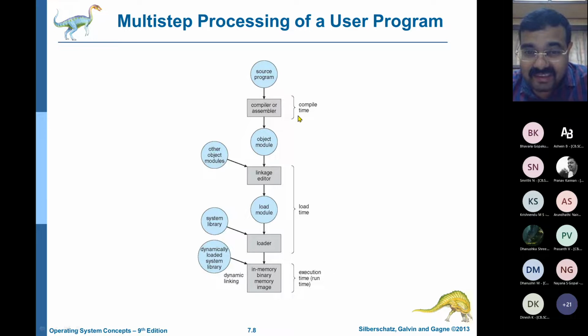That much time is the compile. Then this compiled file, the OBJ file, has to be converted into an execution file. For that, it first has to be loaded by the operating system, and that is done by what is called the linker. The linker takes this compiled code and loads the module.